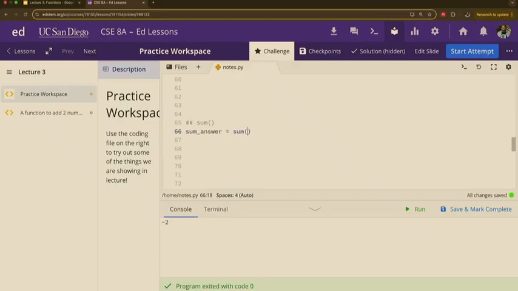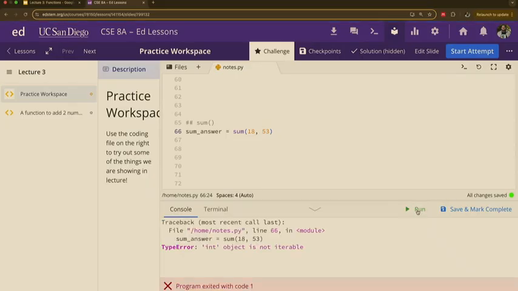So, somebody give me some numbers that are not 10 and 20. Or 20 and 50. 18 and 53. Okay. Let's run that. Oh, int object is not iterable. Whoops. What's going on here?